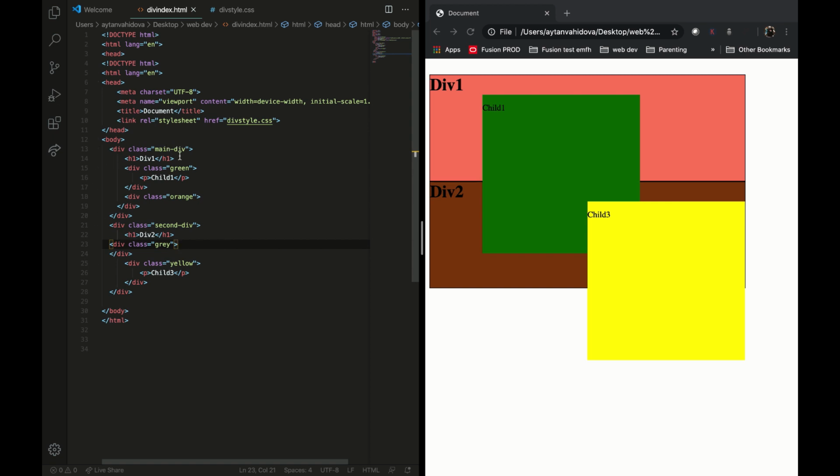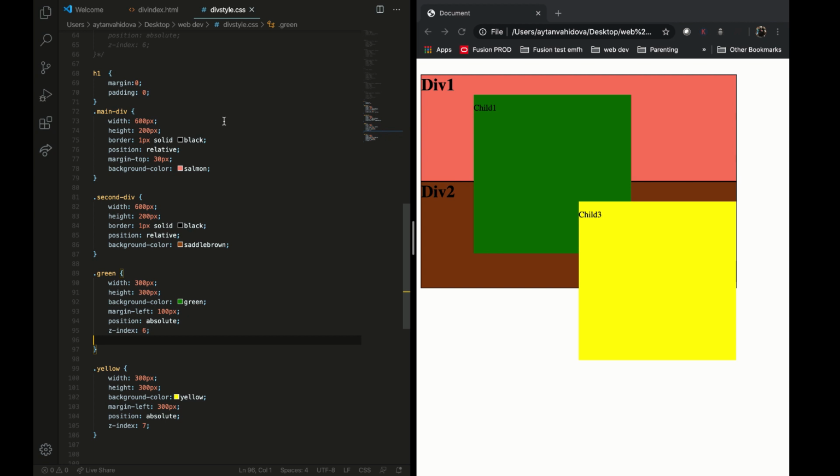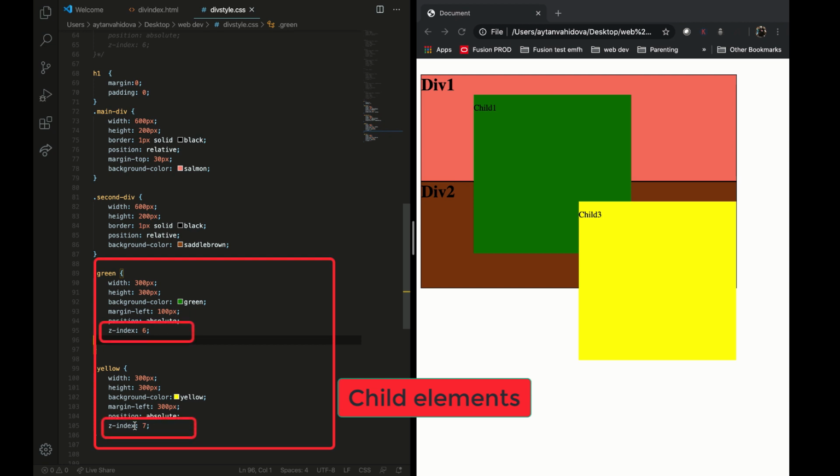So first is main div, as you can see here, and I have created one child element for this div, and the second div, div 2, I have created the second parent div, and its child element is child 3. And I have assigned styles to these elements, but please pay attention, the main divs have no z-index value. Their positions are relative, and the child elements, child 1 and child 3, have position absolute, and they have